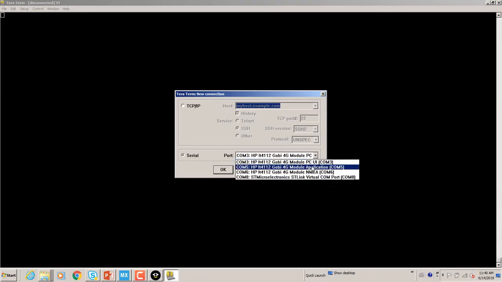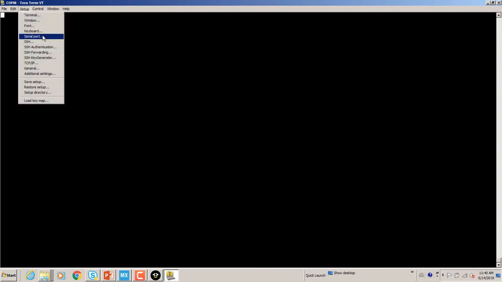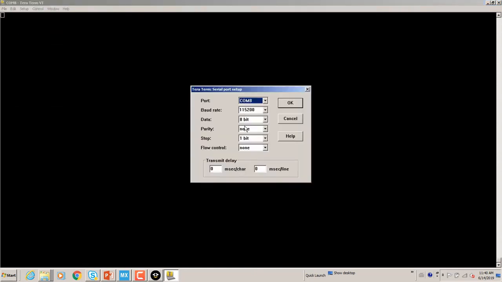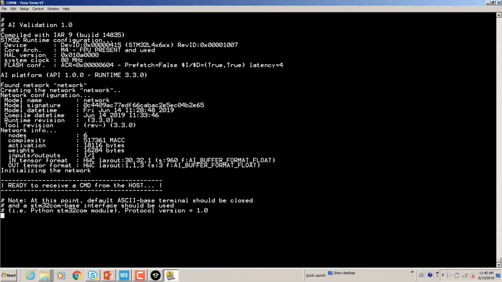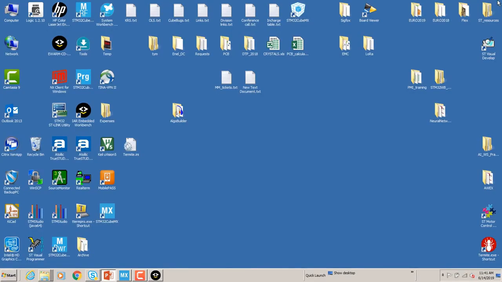I'm selecting the ST-Link related virtual COM port and setting up serial 115, 8-bit character without parity, 1 stop bit. And I'm pressing reset. And what is the conclusion? Yes. It's very simple. We need to close the terminal to free the COM port and